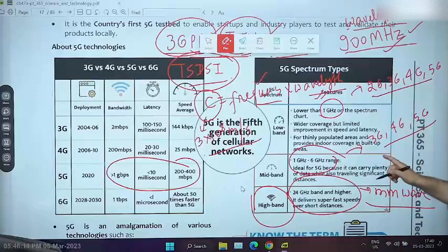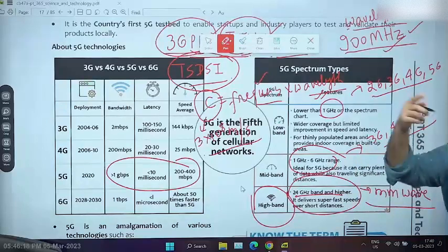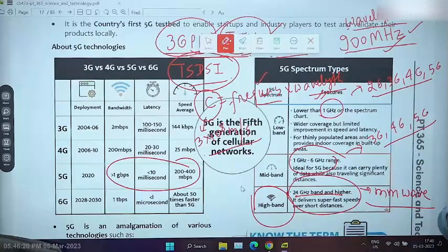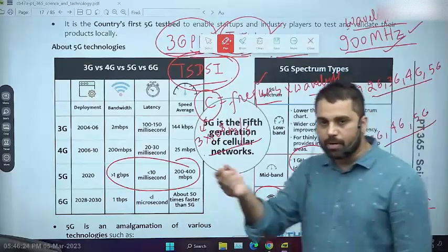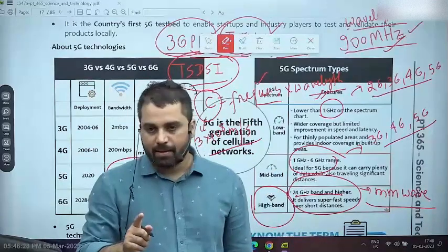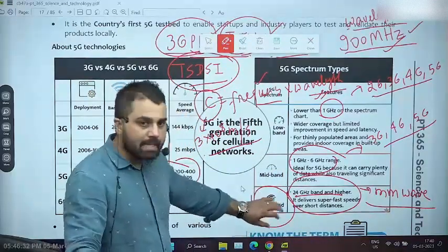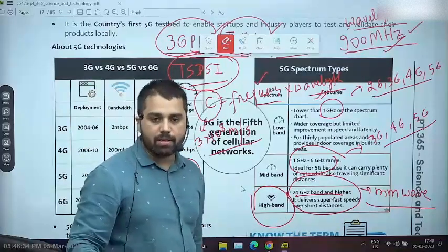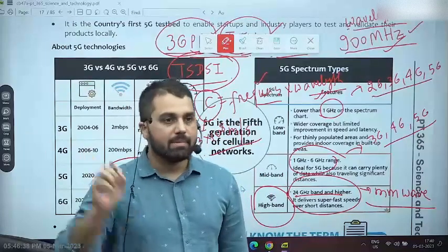So if you calculate frequency of higher, this 24, 30, 50, 60, आपका जो wavelength है that will start coming into millimeter. जो wavelength होगा that will be 1 millimeter, 2 millimeter, something like that. So such type of wavelength, because of this we call such type of wave as millimeter wave. तो 5G का एक जो बहुत unique चीज़ है वो ये है that it is going to deploy millimeter wave,